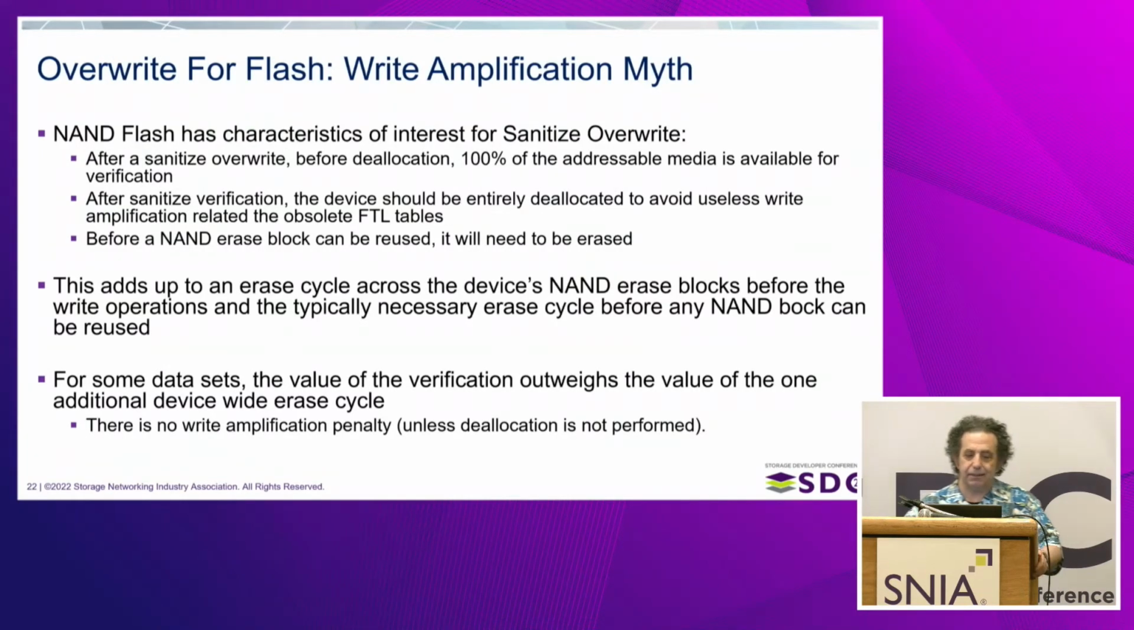So there is a myth that overwrite for flash is going to cause a huge write amplification. And it is true that in the overwrite command in Sanitize, we give the option, if I remember correctly, for 16 passes. But if you hold that to one pass, it is actually fairly effective at getting through everything at the cost of that one extra erase for